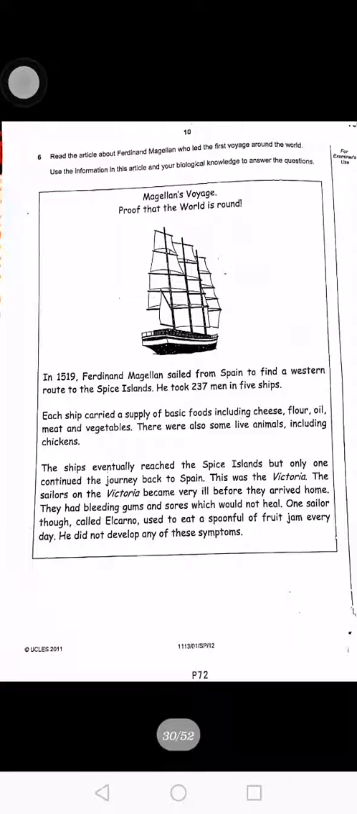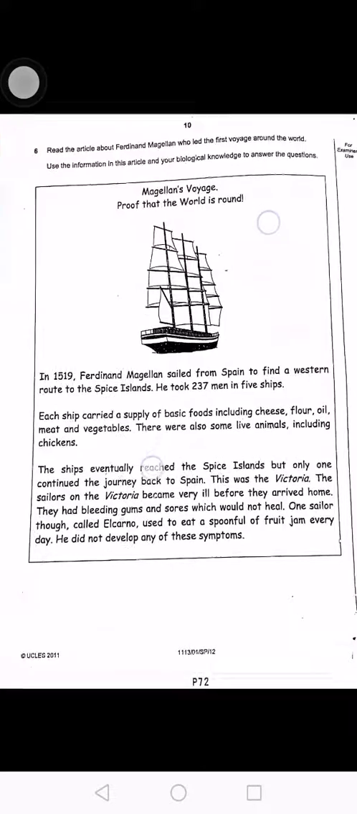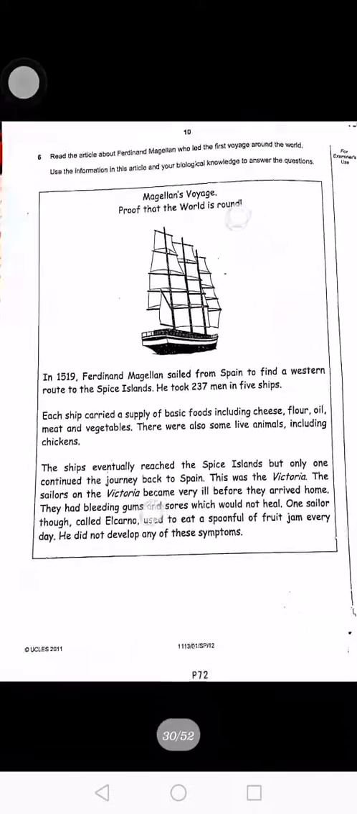Open on question 6. Read the article about Ferdinand Magellan, who led the first voyage around the world. Use the information in this article and your biological knowledge to answer the questions. Magellan's voyage proved that the world is round. In 1519, Ferdinand Magellan sailed from Spain to find Spice Island. He took about